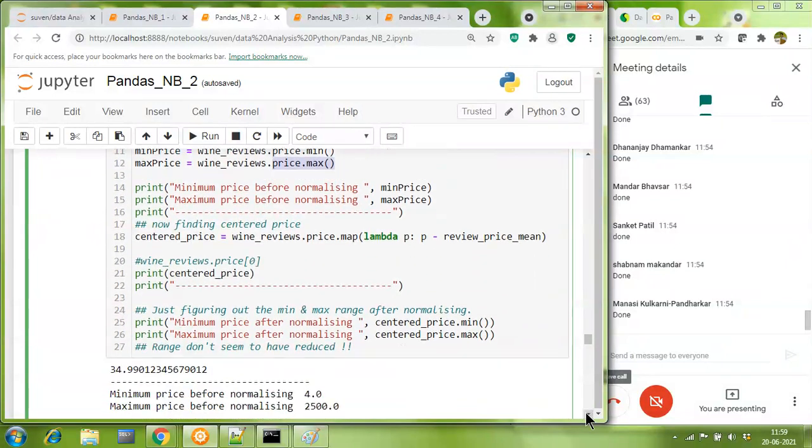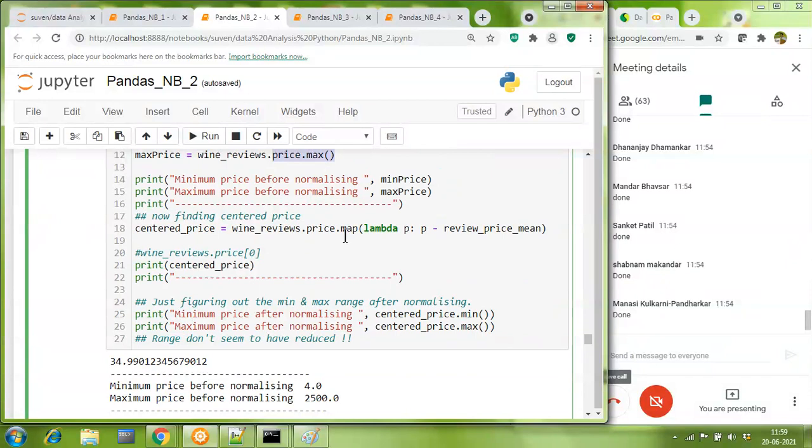Then what I have done is to show the application of map as well to solve the problem. Wine reviews dot price, we are mapping every value in the price column by applying this lambda over it. What is the lambda saying? I pick up one price value, bring it to the variable p. Let's say the first wine is costing $25.